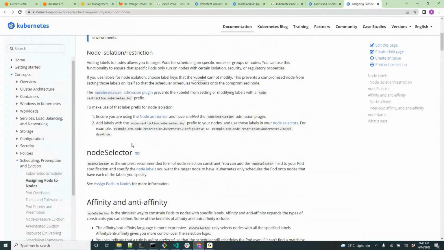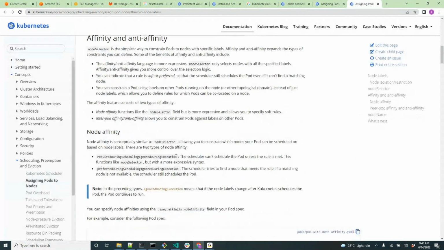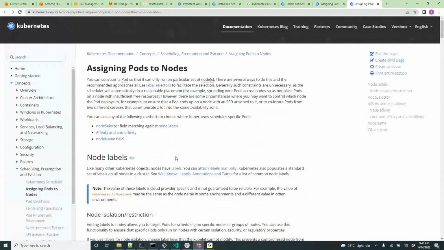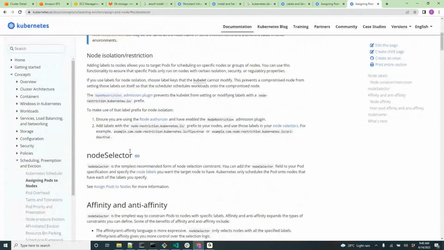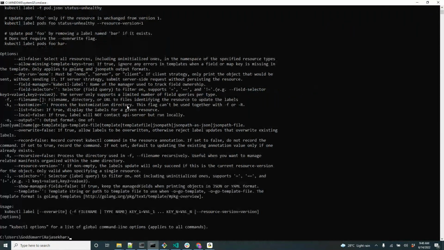Node labels. Okay, I think the command is this one. Kubectl label node